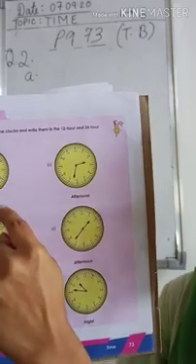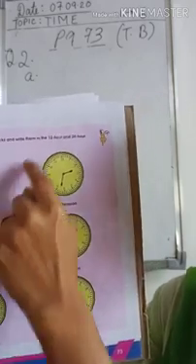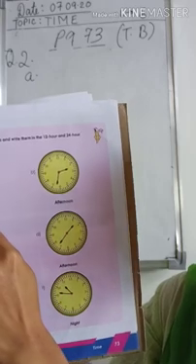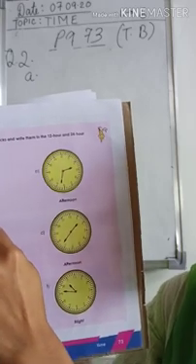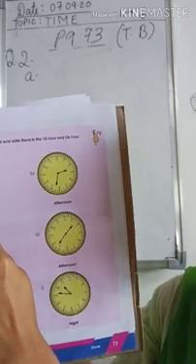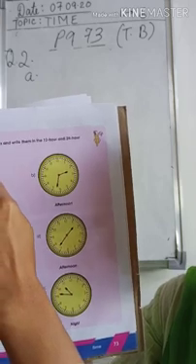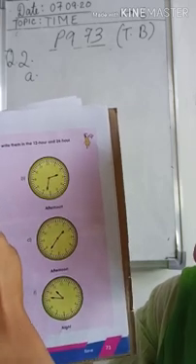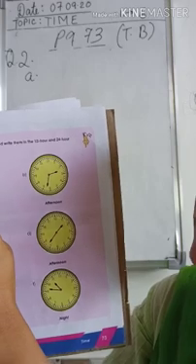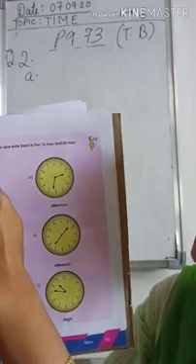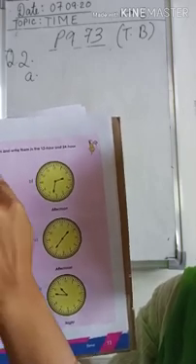So if it's evening time, it will be PM in a 12-hour clock. And you can see, since it is evening, in the 24-hour format it is more than 12. So you have to count 13, 14, 15, 16, 17. That means 17 hours, 5 minutes have gone. From 12 to 1, 5 minutes have gone.